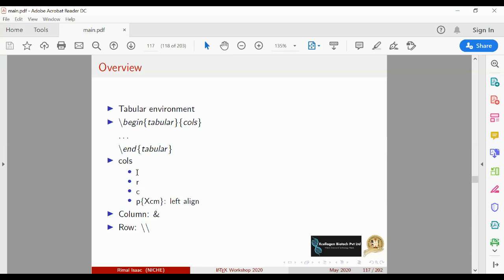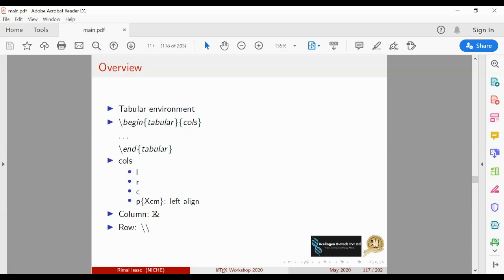So L means left aligned, R means right aligned, C means center aligned, and for P you have to put a bracket, and if you put 3 centimeter, the width of that column will be 3 centimeter and the contents will be left aligned. Then you type your first row of elements.